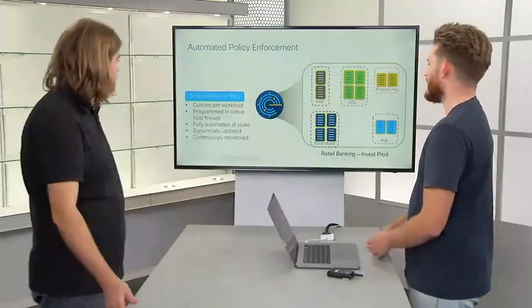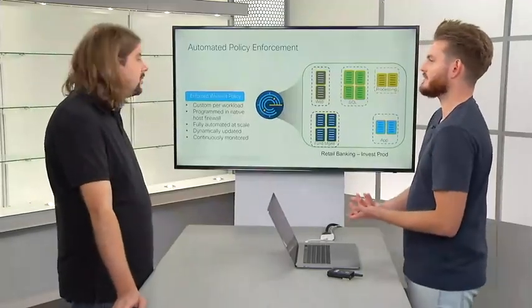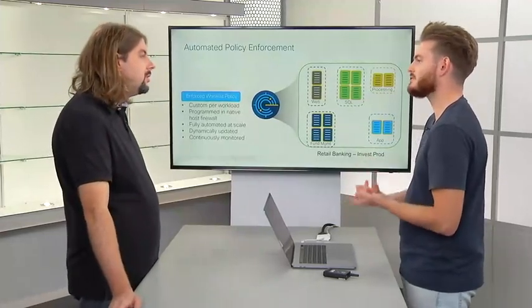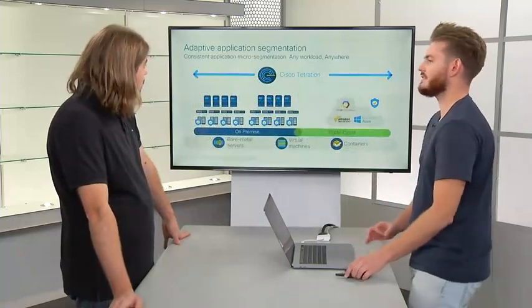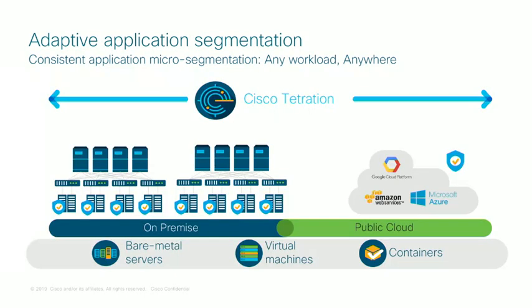Very nice. Yeah. It achieves a very scalable way to enforce these east-west segmentation policies, and it's totally infrastructure agnostic. I'm not going to ask you to use a particular switch. You don't have to use a particular hypervisor. You don't need to use a particular cloud vendor to get any of these policy enforcement controls applied. In fact, that's the complete beauty of it. When you have Tetration application segmentation enabled, you have enforcement across your on-premises workloads, your cloud workloads, whether they're bare metals, virtual machines, or containers. The same consistent set of policies applied everywhere.